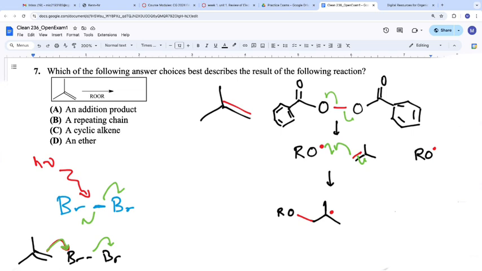ROOR is always added as a catalyst, not as an active reagent. Is that clearly stated within this question step? No. Will it ever be? Probably not. It might be, but probably not. Okay, which means the presence of RO•, the RO radical, is next to none. So the odds that we get this carbon radical to encounter that RO radical is non-existent.